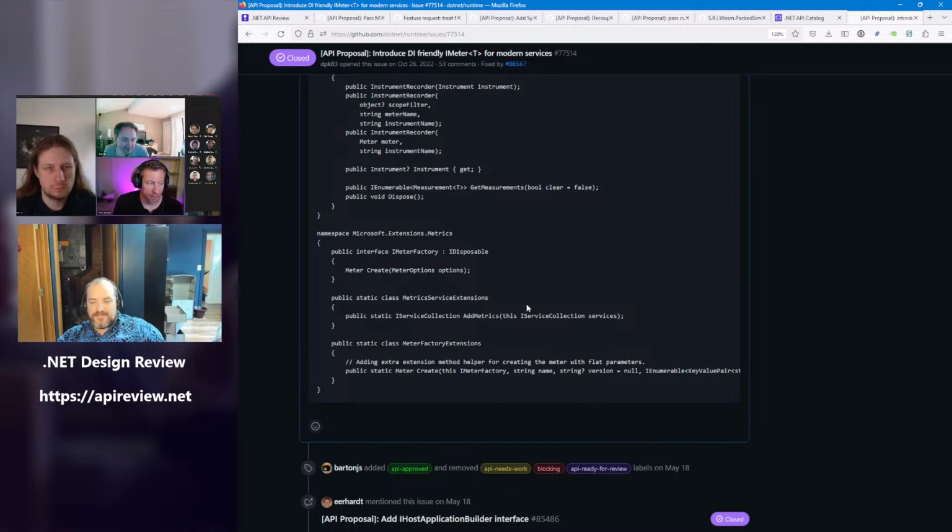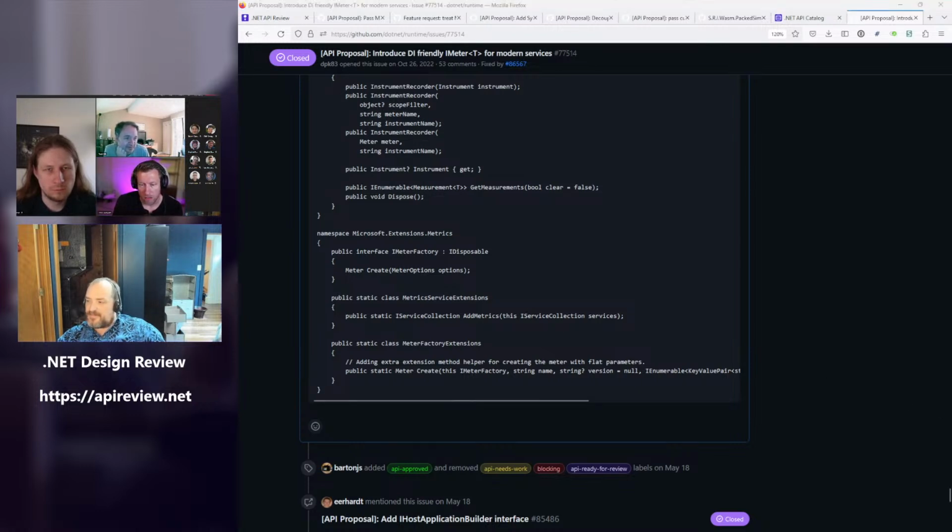I kind of buy the aesthetic argument that Stefan brought up. It is more idiomatic, but I think it's more idiomatic in Microsoft Extension metrics and less idiomatic in the BCL. We have plenty of interfaces in the BCL. Yeah, for single methods for sure. I meant more in the context of things you hook up for DI, which the BCL doesn't use. If you look at the primary use case for this thing, it's going to be in the context of DI. So that's why I'm saying, to me, it would be fine as an interface.